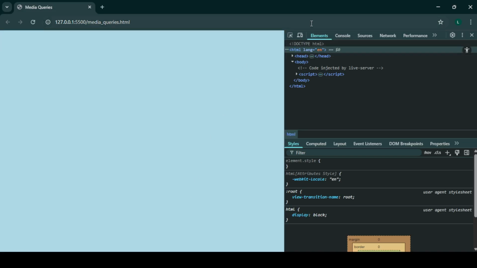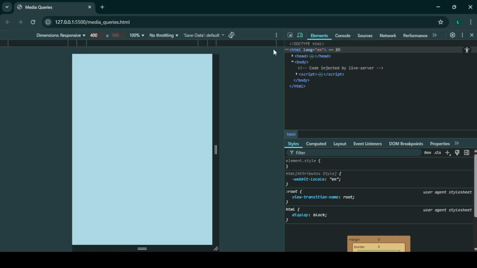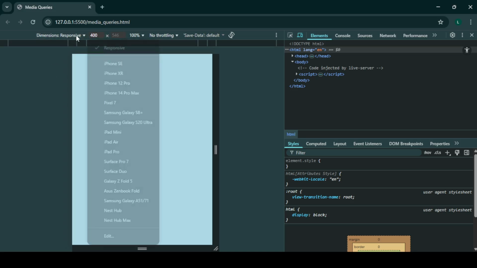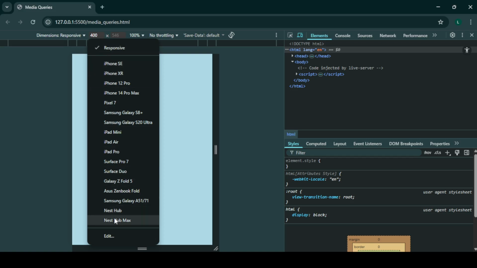All right, then come here, click on this. You can see toggle device toolbar. It might be something else on your own, but I believe the icon should be the same. Okay, so click on this. You can see here we have the dimension font. This is the width of the dimension, this is the height of the dimension. Here you can see different phone sizes. You can choose any phone of your choice